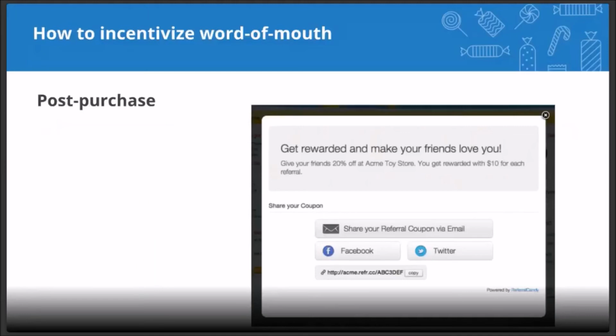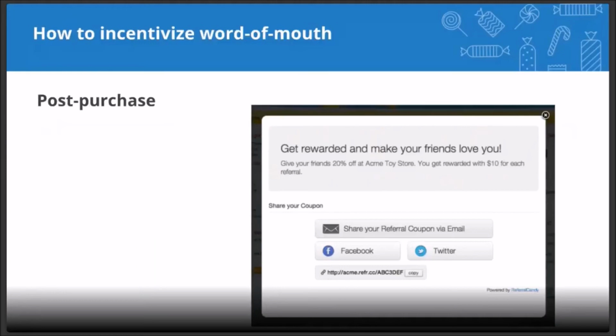Right after they finish their purchase and get their confirmation page, they can get this pop-up that says, get rewarded and make your friends love you, give 20% off, and you get rewarded with $10 for each referral. So here, you're incentivizing your customer to do a little bit more than just the purchase, and giving them the opportunity to give something to their friends.